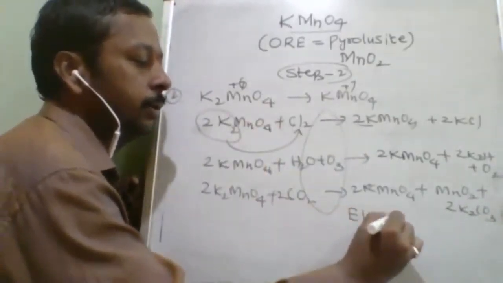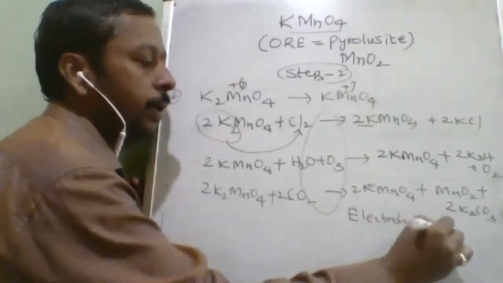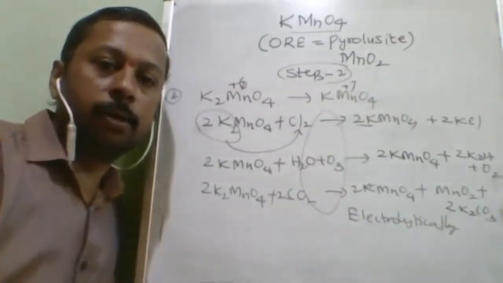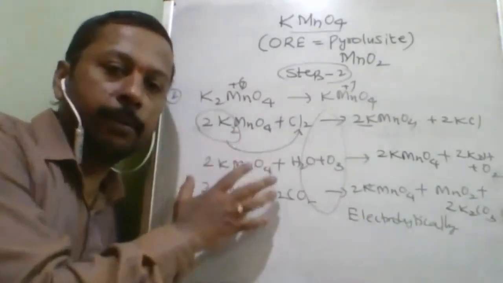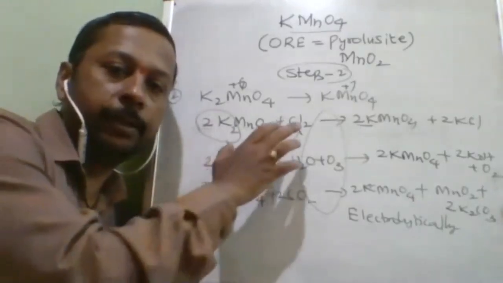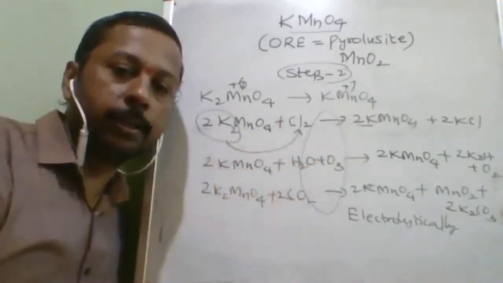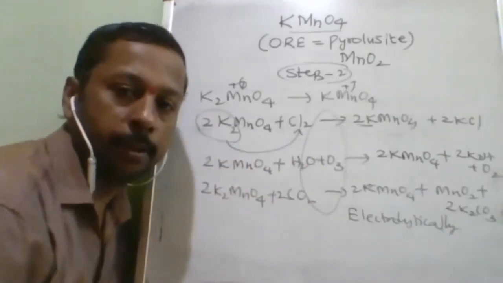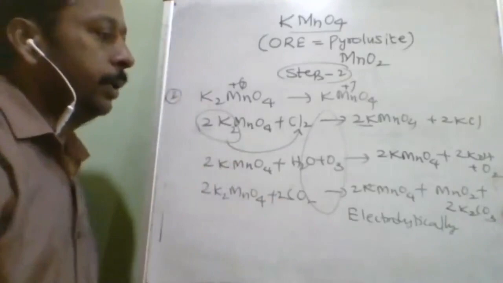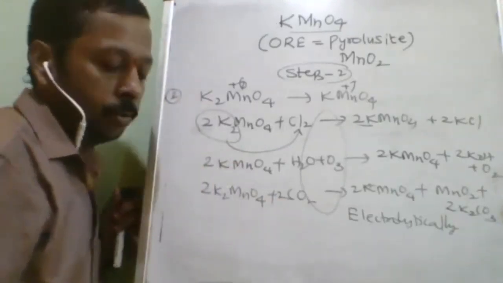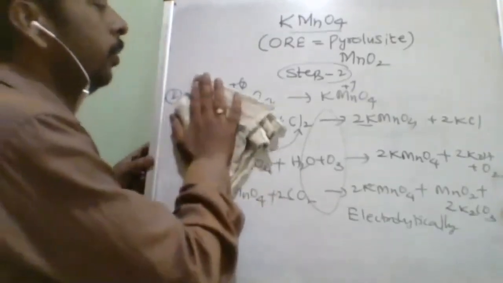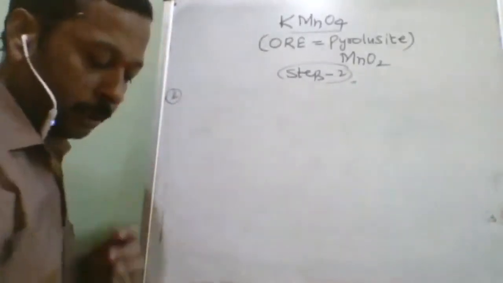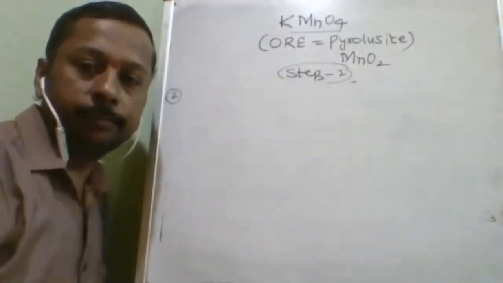We can do it electrolytically, electrolytic oxidation. Apart from these three methods, if we don't have any resources like chlorine, ozone or CO2, we can do the electrolytic oxidation. So this I am eliminating and I will write for the electrolytic oxidation. During the electrolysis, oxidation will be done at